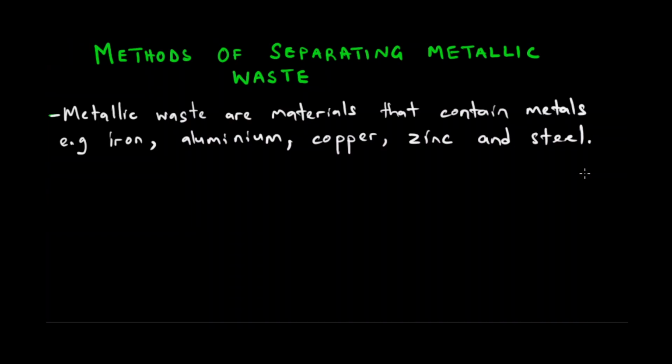So now let us look at where these wastes come from. So these wastes come from domestic waste, that is cans or foil, industrial waste, scrap material, machine parts, for example, vehicles and appliances. So let us put it down. Metallic waste, where do we find it? Where do we get it from? Metallic waste comes from